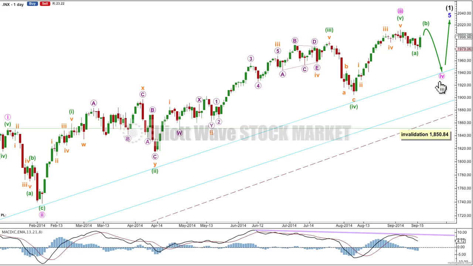I'm expecting minute wave 4 to show some alternation with minute wave 2. This was a deep zigzag, so I expect minute 4 to be a much more shallow correction and most likely a flat combination or triangle. It can't move into wave 1 price territory below 1850.84. Let's have a look at how it's beginning so far on the hourly chart, where it begins here,